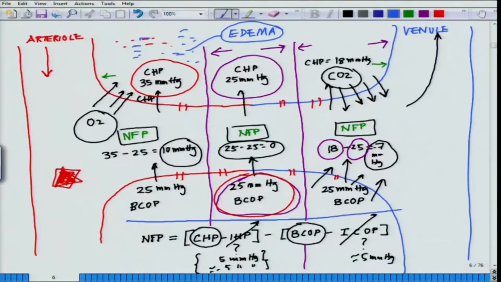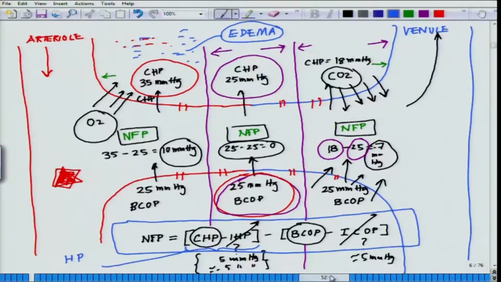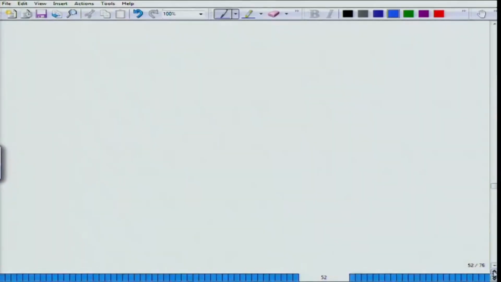As long as you follow this simple equation of understanding, where net filtration pressure is equal to capillary hydrostatic pressure minus interstitial hydrostatic pressure, or in other words, this is the net hydrostatic pressure. If I have to put this whole sum term in terms of simple hydrostatic pressure, and this,